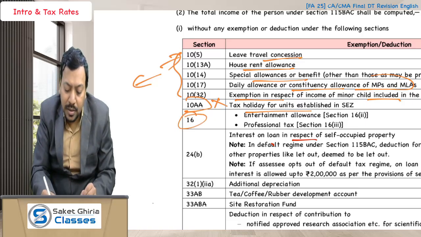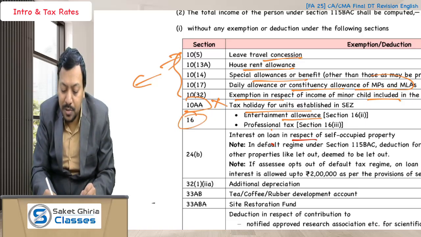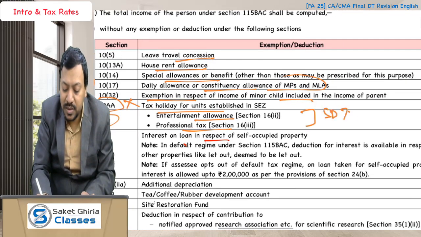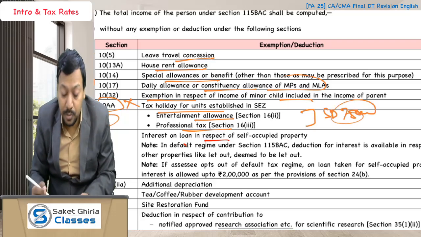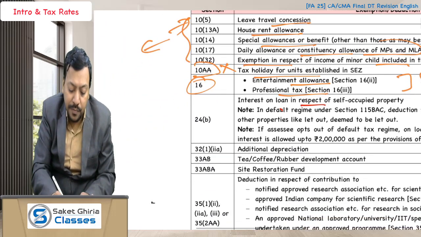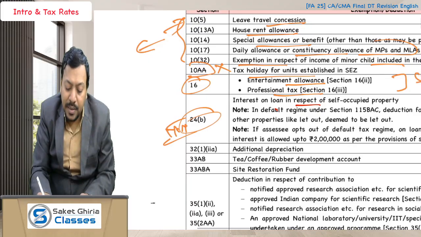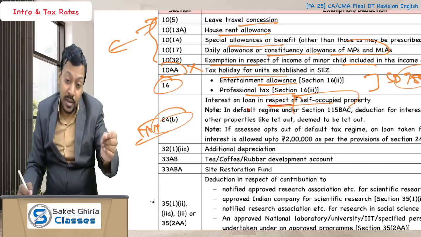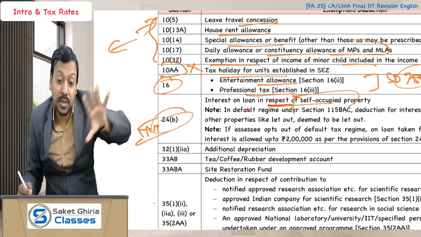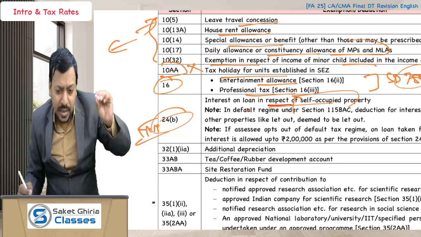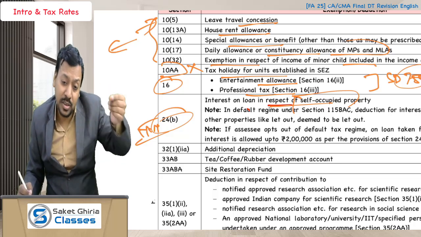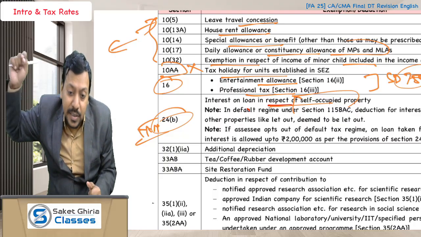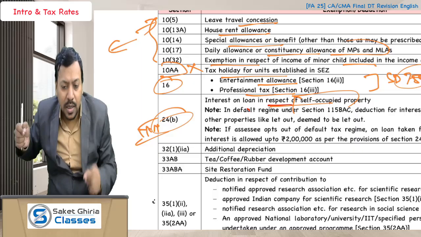You cannot claim the deduction for entertainment allowance, you cannot claim the deduction for professional tax, but yes, you can claim the standard deduction of rupees 75,000. Next, you cannot claim interest on loan in respect of a self-occupied property. So if the assessee is in the default regime and he has a house property which is self-occupied by him, and he has taken a loan for the purchase, construction, repair, etc. of the house property, he cannot claim the interest as a tax deduction